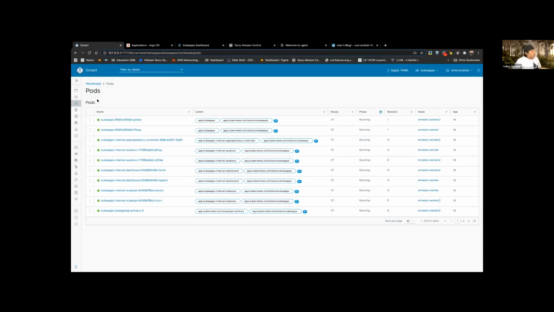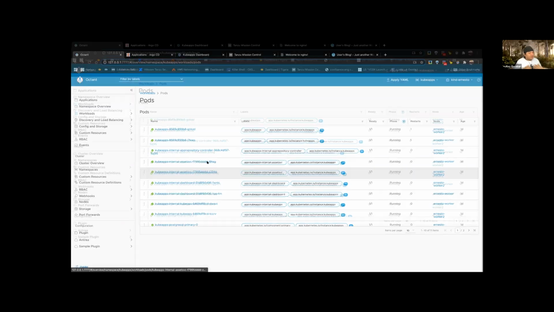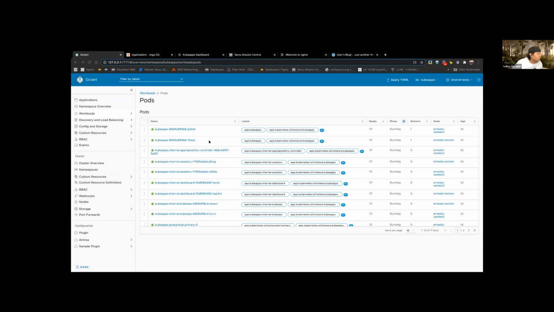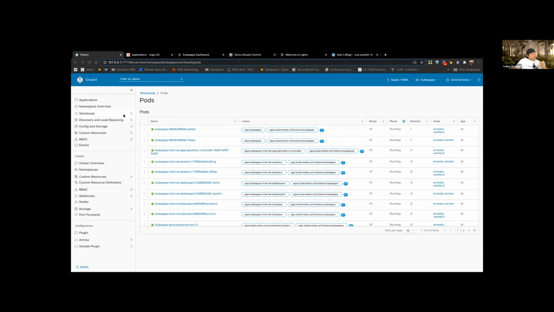So first of all, you can see here I have Octant up and running. But let me show you first the nice part, the cool thing. I have Octant, but it could be Canine or something like that, in order to have visibility into my environment, meaning all the Kubernetes clusters that I can create on my laptop, right?